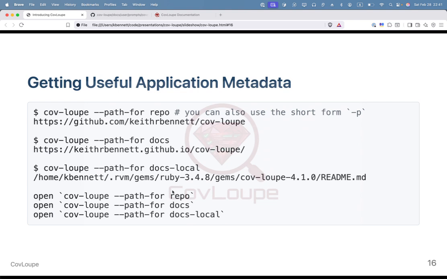Now, if you combine these with your system's open command, then this is a very convenient way to open one of these resources without needing to remember where it's located. The backticks say to the shell, run this command and substitute in this command the output of standard out for this command. And so in this case, it'll replace this with this, and then pass that as an argument